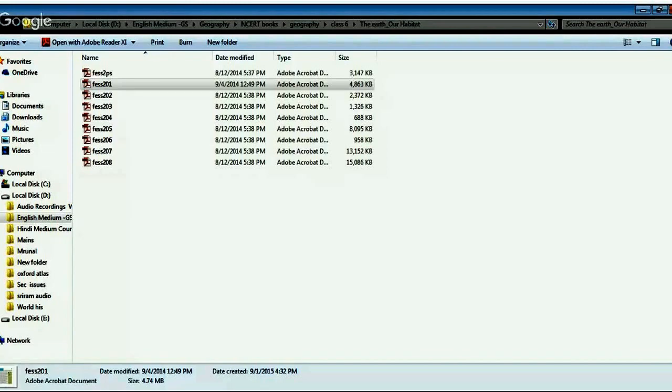Then there are two more celestial bodies. The first one is asteroids. These are very tiny bodies. They move around the Sun, and they are located in between Mars and Jupiter. We have already seen this in the solar system picture, and scientists are of the view that these asteroids are part of a planet which exploded many years back.